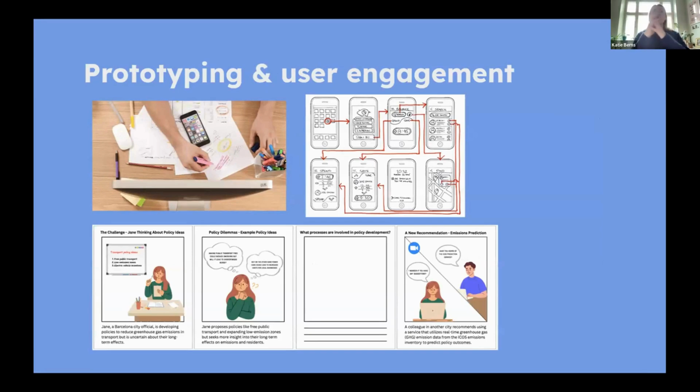And a really key part of that is prototyping. And prototyping happens as part of the iterative process throughout the whole life cycle of the design. And with that, we have a variety of different types of prototypes as well, from low fidelity, really early stage sketches, to more high fidelity prototypes that are quite close to what the final system would be. And how we engage users with prototypes at different stages really has an impact.